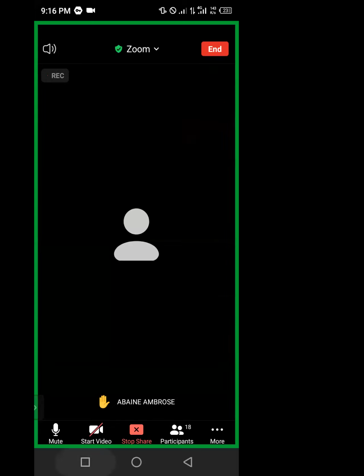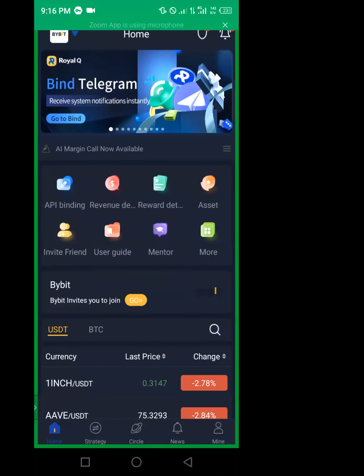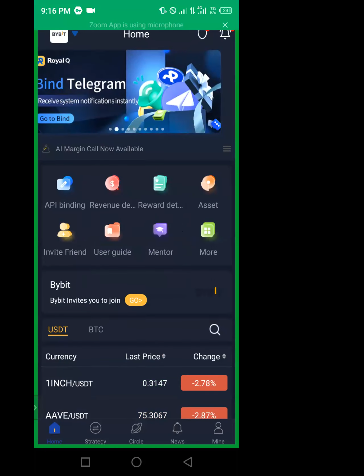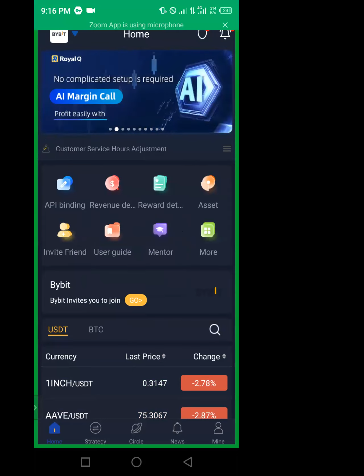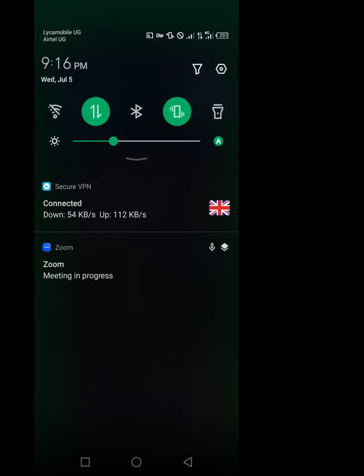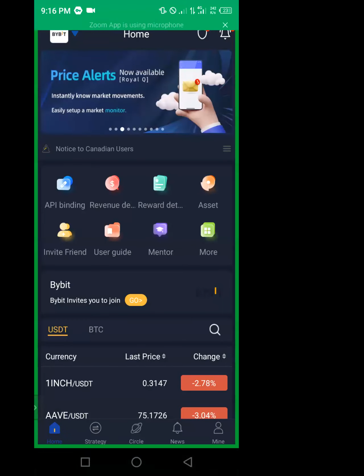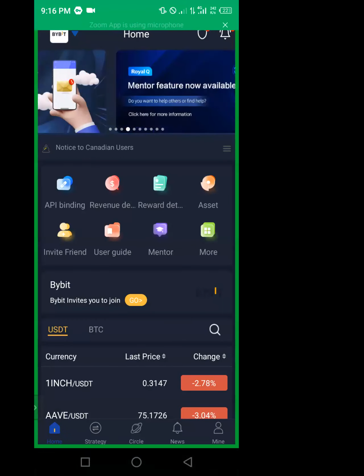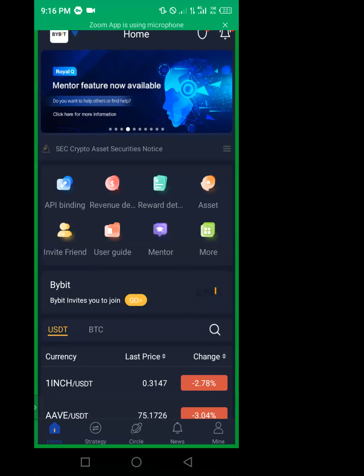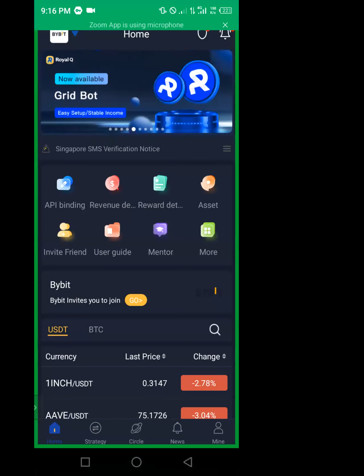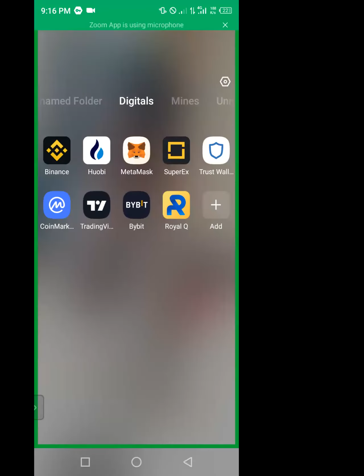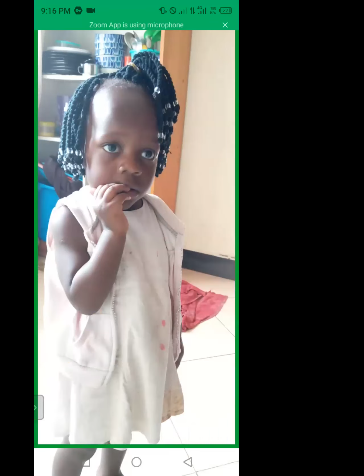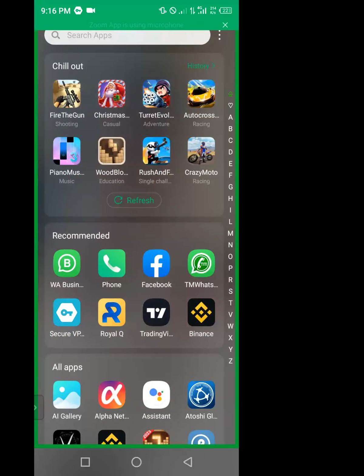Let's go right away to our lesson. The other time, for those who attended my training, I don't know whether you can still remember, I talked about most of the things which are on this icon. And today I said we are going to continue for us to understand most of the things which are here.